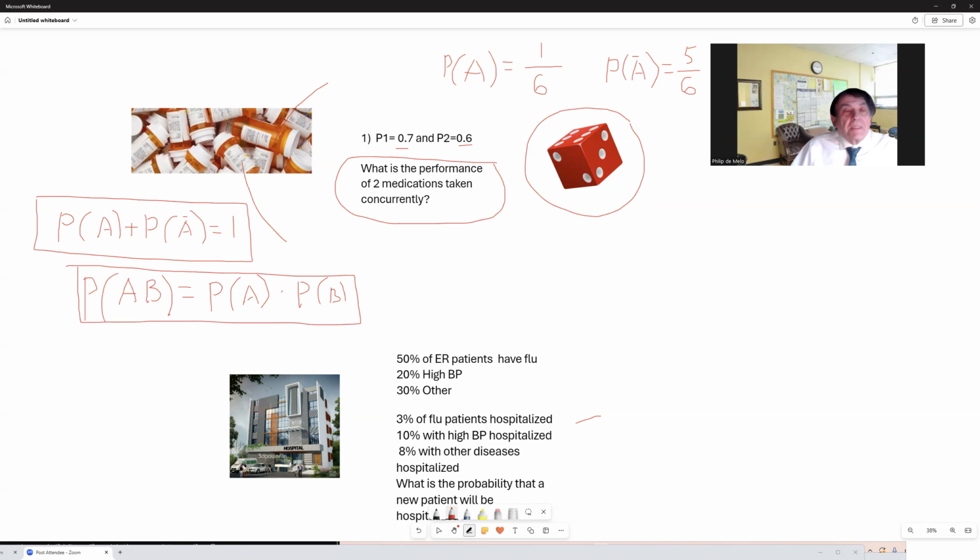Now, let's do this. First of all, we have to find out the event. We always need to describe the event. The event A, I try to remind you, is the performance of taking two medications concurrently. So I put this 2. This is our event. What will the impact be on the patient if he or she takes two medications? So first we need to put